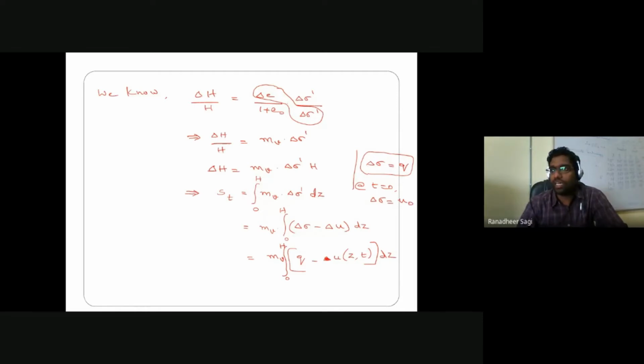So wherever I come across delta sigma, it can be indicated as your initial pore water pressure, or I can also indicate it as your surcharge stress, what I was saying as additional stress which I have applied on my soil sample. So in the process, I would just rewrite my expression only to make my understanding a little simpler: integral of U naught minus U as a function of depth and time, into dz. Okay, this is all we have for the expression related to settlement at any time in the soil sample.